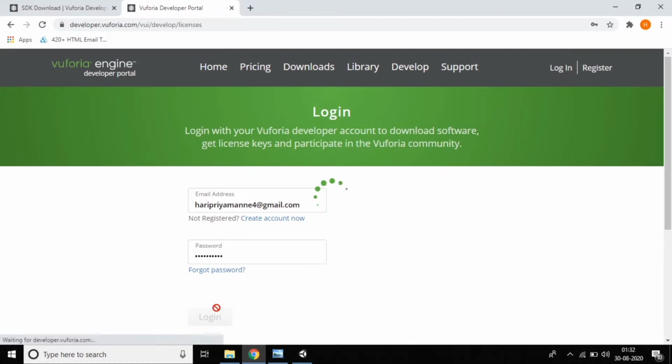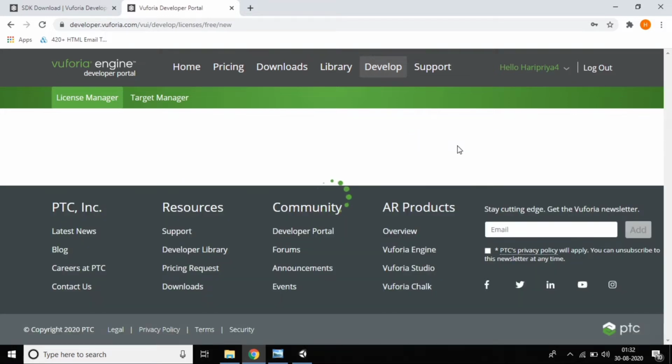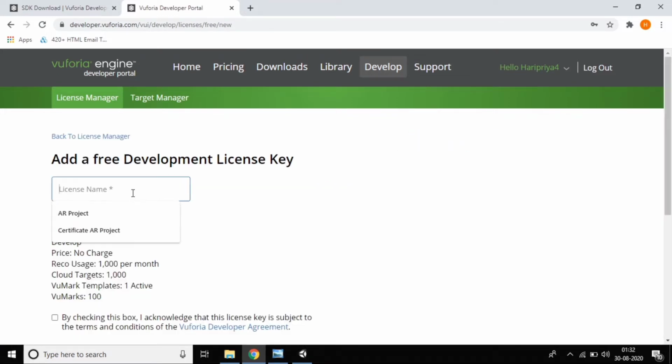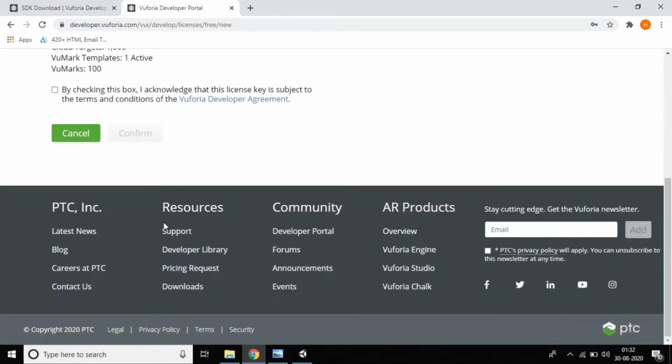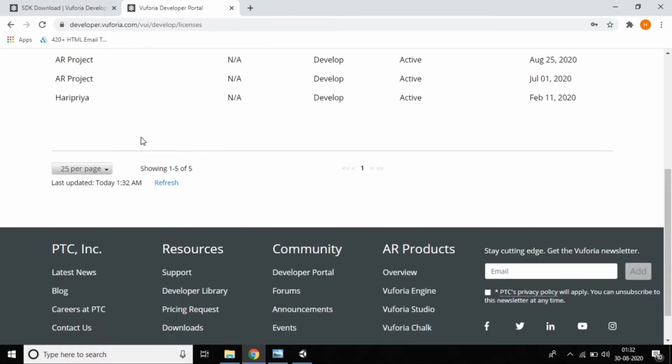After logging in to Vuforia, we need to add a license manager. Just click Get Development Key and add the license manager. Give the license a name, I'm giving 3D game objects, which is better, but you can give what you want. Just create the license, check this one, confirm, and the license will be created.